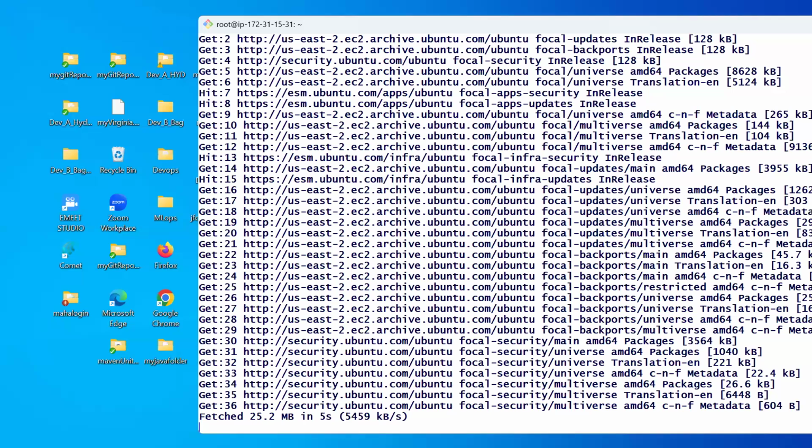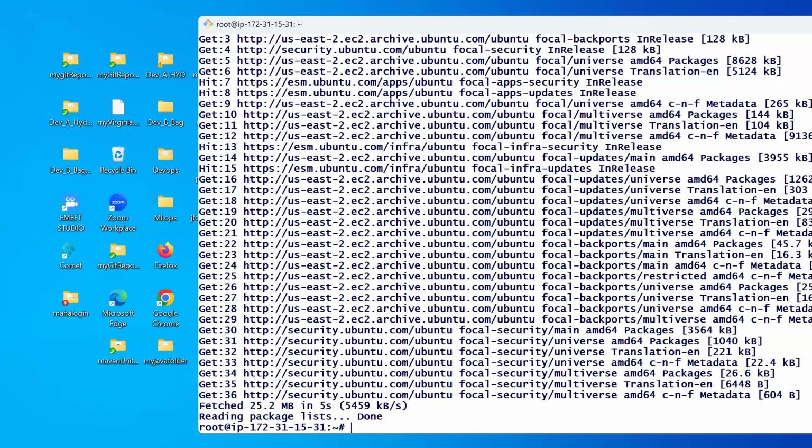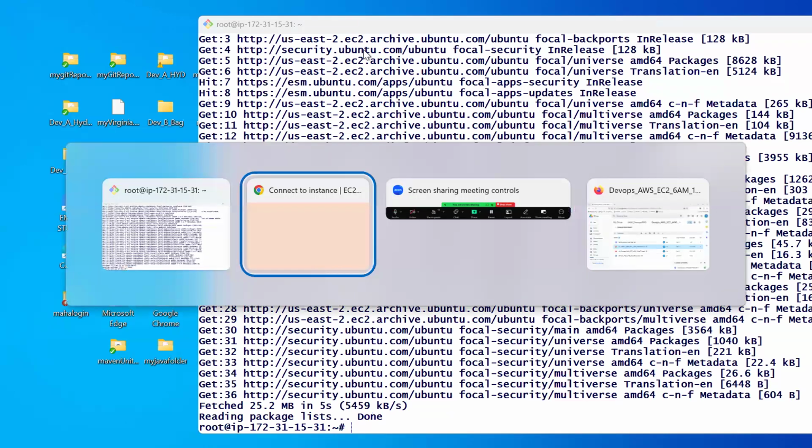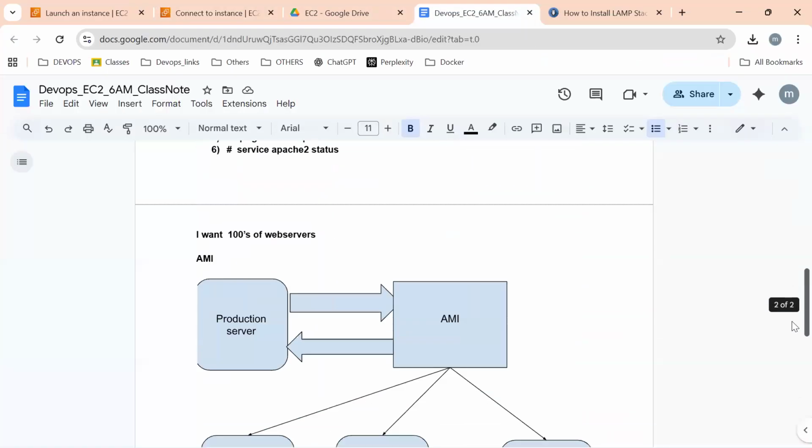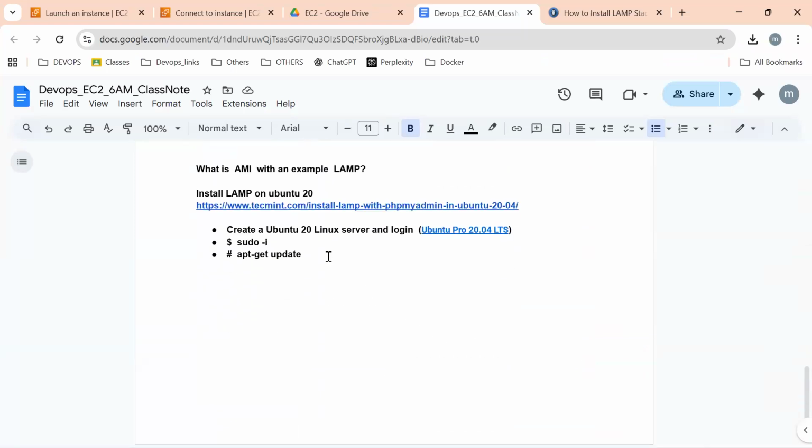Got it? So our agenda is clear. What you want is clear, the environment is ready, the server is ready. But before implementing, at any cost, whenever you get a task, don't blindly implement. First, make it documented properly, and only then start implementing. Am I right? That is a good practice. So first, note down here which commands we are going to execute.